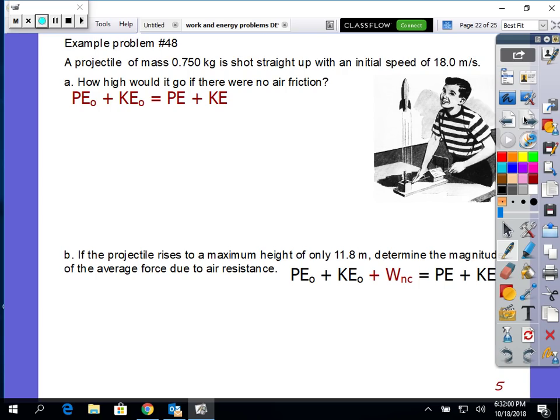A projectile of mass 0.75 kilograms is shot straight up with an initial speed of 18 meters per second. How high would it go if there were no air friction? Air friction, air resistance, drag, this is all the same thing. So let's see. We know the mass, we know the initial speed, so we can say the initial potential energy, this is gravitational, is 0. The initial kinetic energy